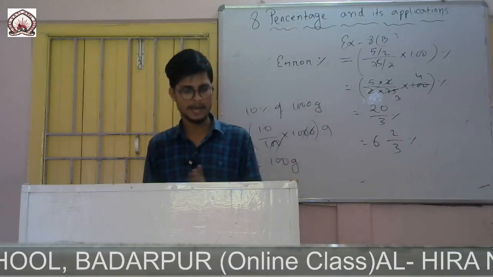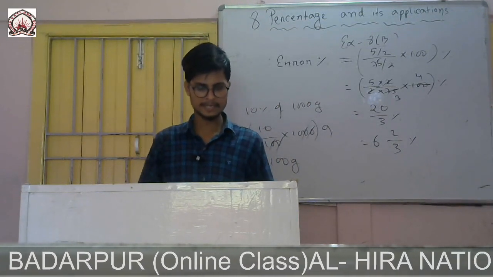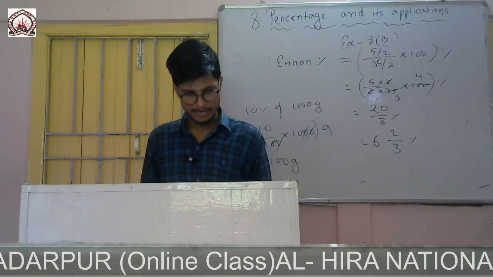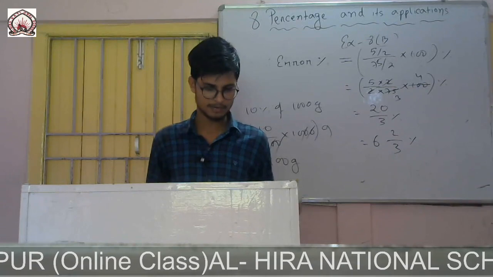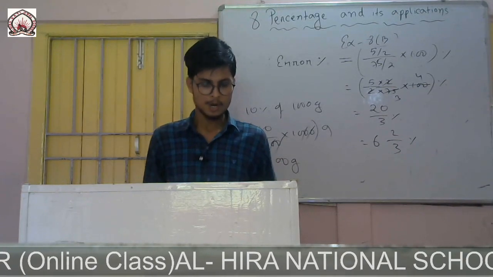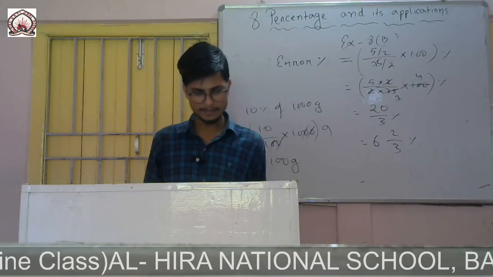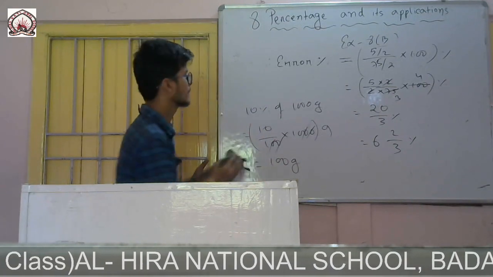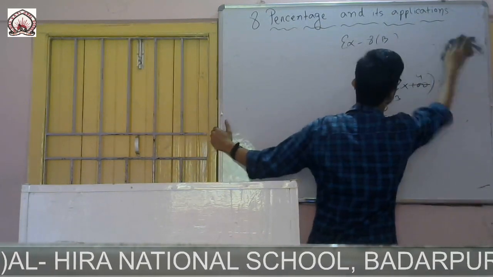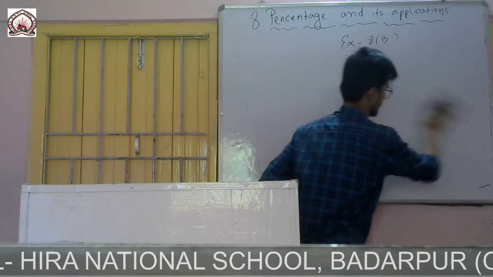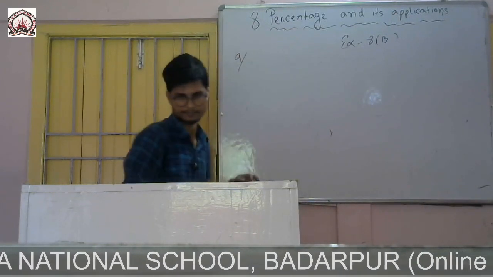Now question number 9. A candidate scored 25% marks in an examination and failed by 30 marks, while another candidate who scored 50% marks got 20 marks more than the minimum pass mark. So find the minimum and maximum, both the marks you have to find. So you see, this one you will understand. Question number 9.